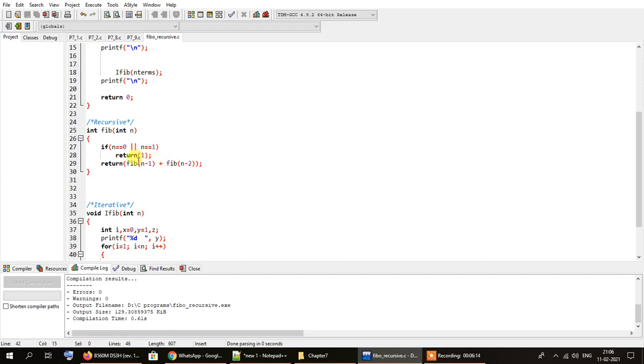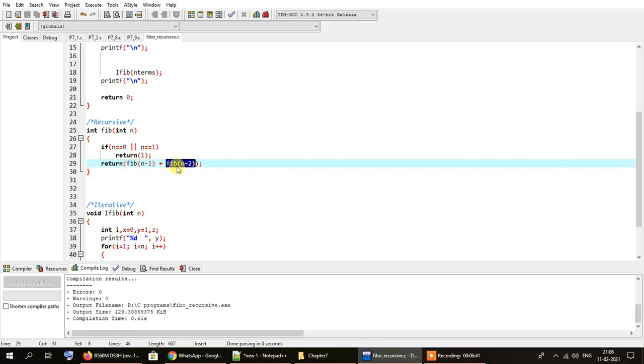Now what happens is that these two functions are being called separately in this return statement. So n minus 1 will call this recursive function once again, and this will return the value of 7, and n minus 2 will call this recursive function once again, and it will return the value of 6.